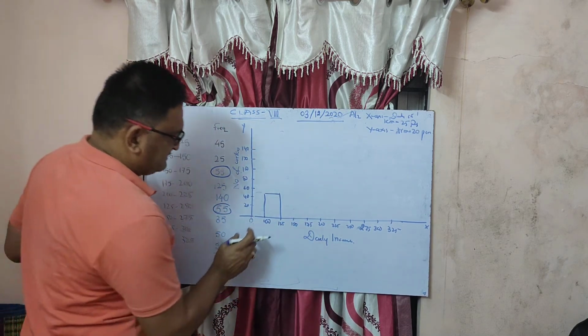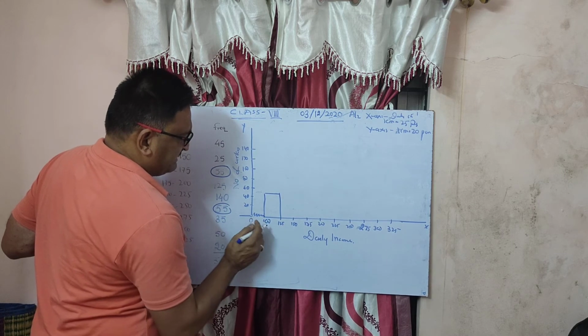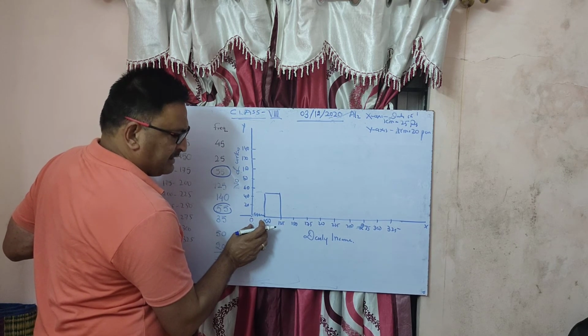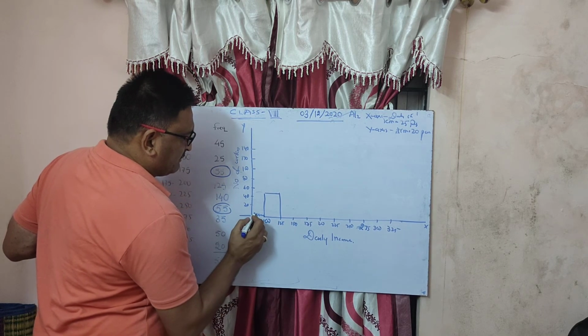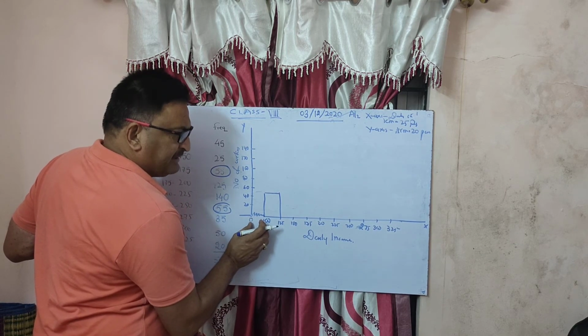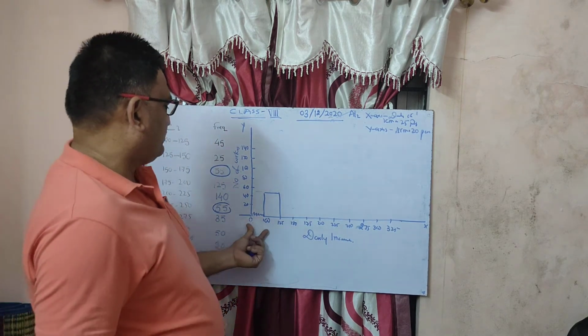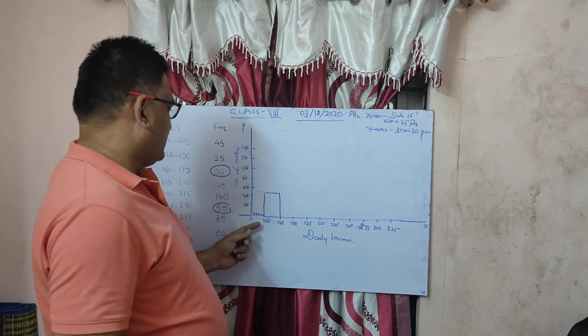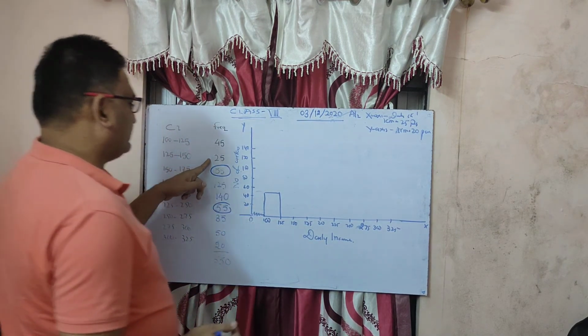Now you can see there is a gap here, so it is not continuous. The gap is more here. 0 to 100, here only 25 is there. For that you have to do like this. Means a big gap is here. It is not continuous. For that only we have to make a big gap here. 100 to 125 here.